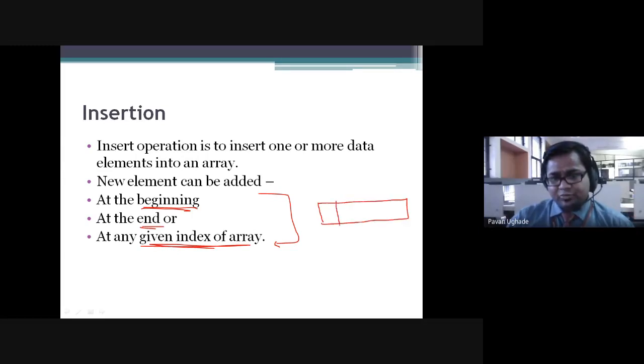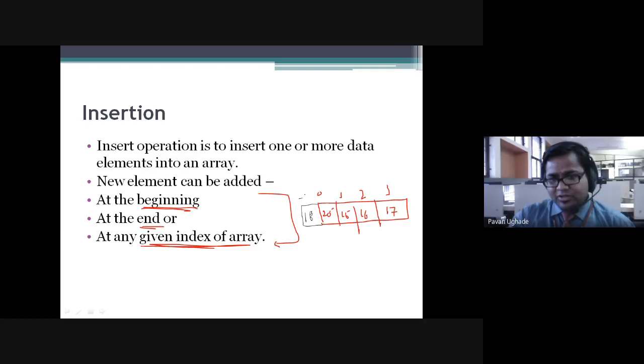Let us assume I have certain elements a of 0, 1, 2, and 3: 25, 15, 16, and 17. Now I have to add another element, 18, at this position. So I am inserting 18.